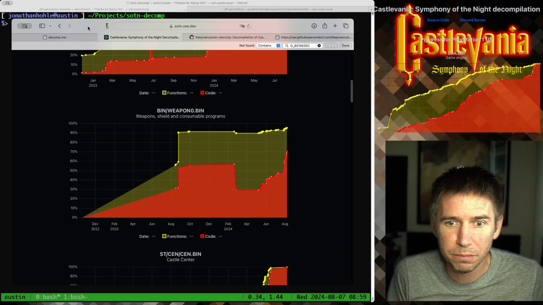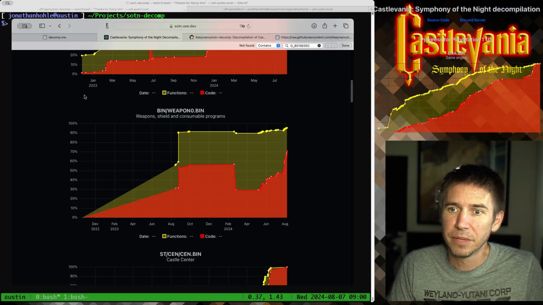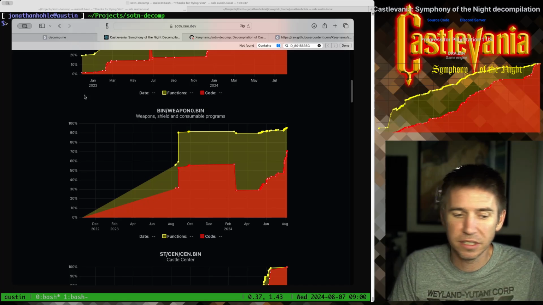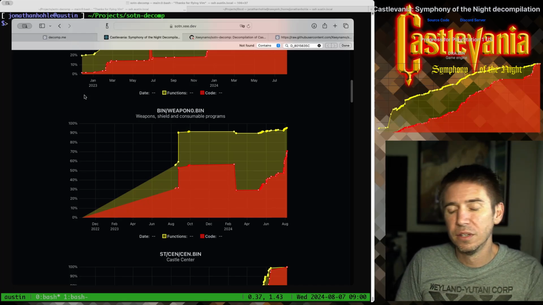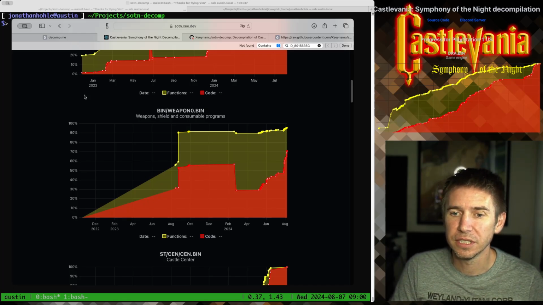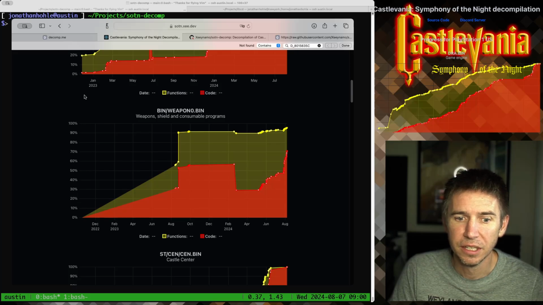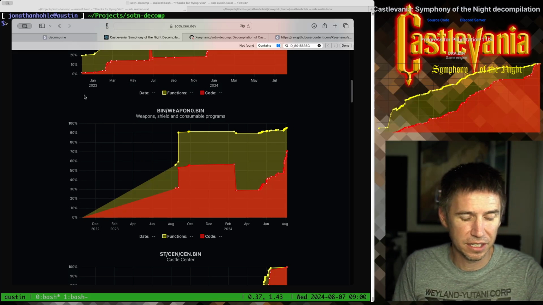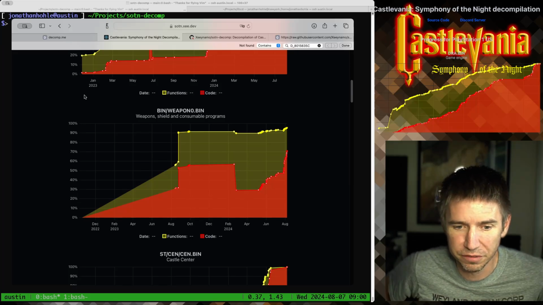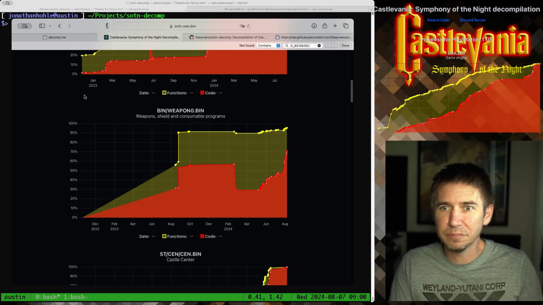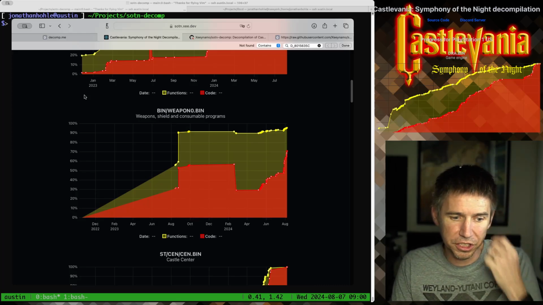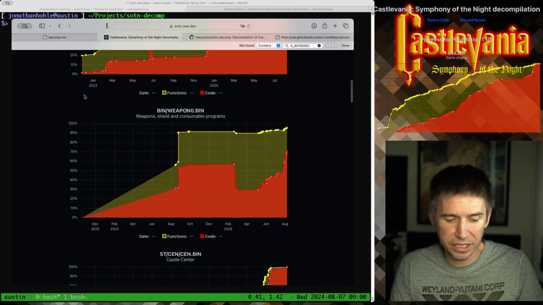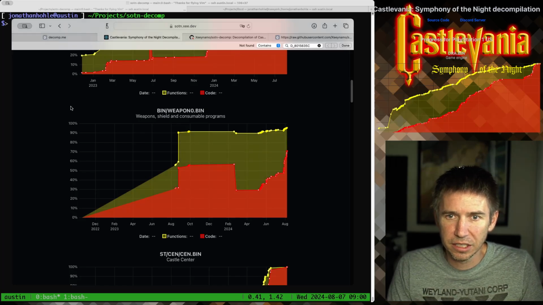We're going to be decompiling Castlevania Symphony of the Night. Castlevania Symphony of the Night was a game for the PlayStation 1, released in 1997 by Konami. It's a Metroidvania style game. The Vania from Metroidvania comes from Castlevania Symphony of the Night, based on exploration, where you play primarily Alucard, Dracula's